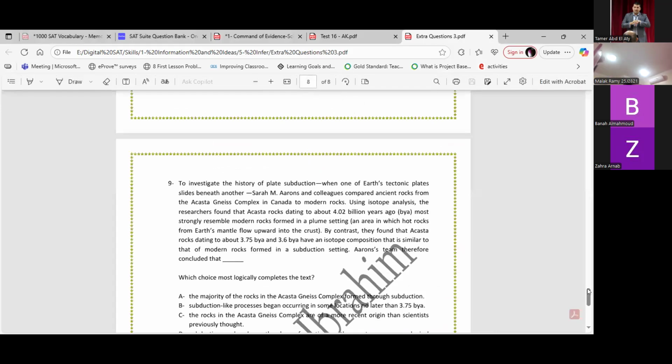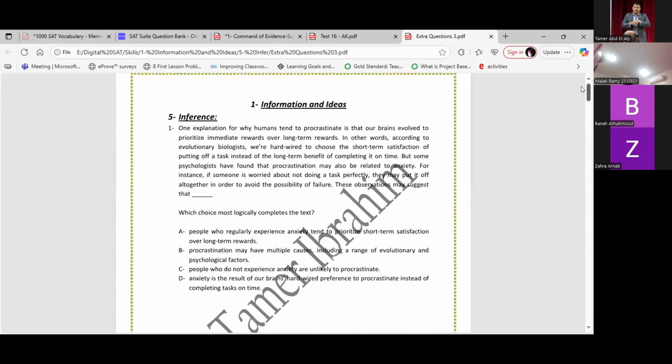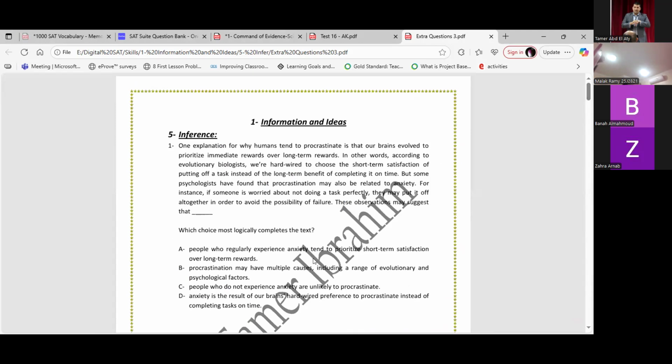Again, I'm going to repeat my way when we are solving the inference question. We look at the last sentence. If the last sentence is incomplete, or it doesn't give you a complete idea, or it starts with he, she, it, or they, or it starts with a transition, take a sentence before, or if it has a word that you don't know its meaning, take a sentence before, and so on. So I'm waiting for your answer for number one.